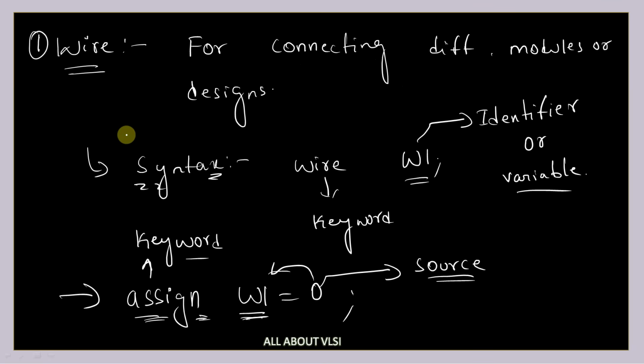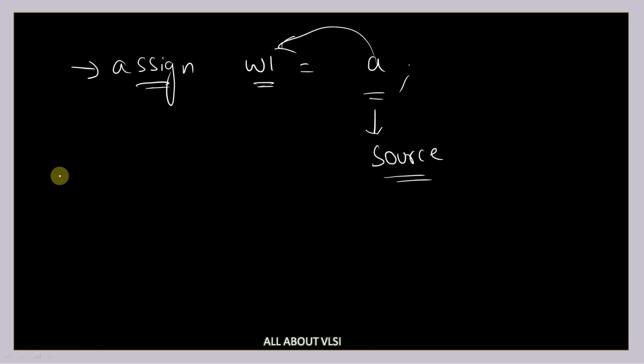Wires are basically used for physical connections, and we will see with some examples how we are going to utilize them and how we are going to connect them. We are going to see that further. Is it clear up to here? Any doubts? Now, if I declare a simple wire W,